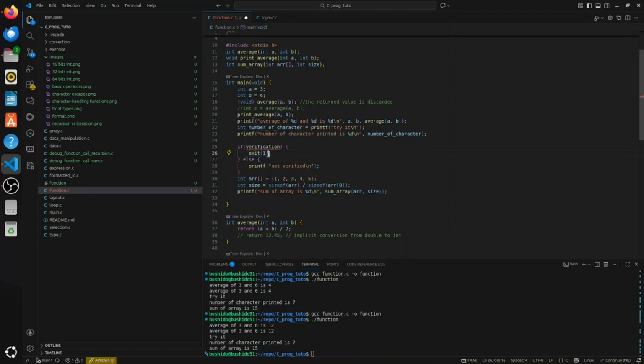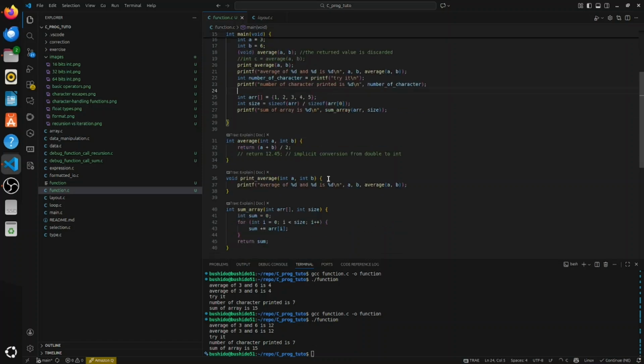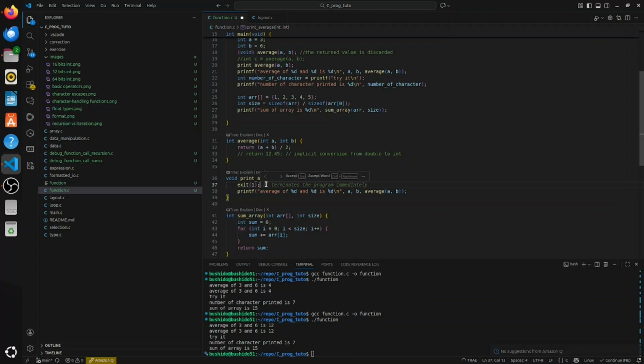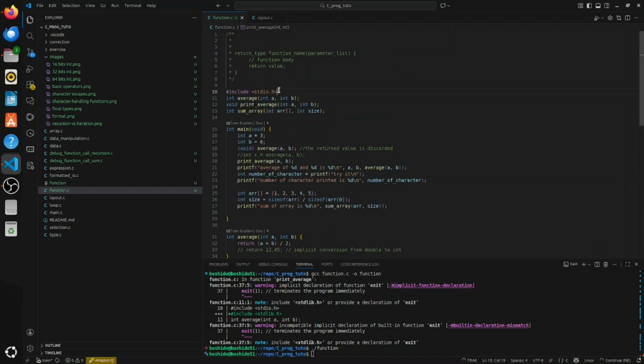Or at this level, since we are inside the main, you can just use return. But let's go back: if we are inside another function, for example here, I can do exit 1 because it's another function, and it terminates the program immediately. If there is an error in this function, I have an error, exit. Okay, I have to include